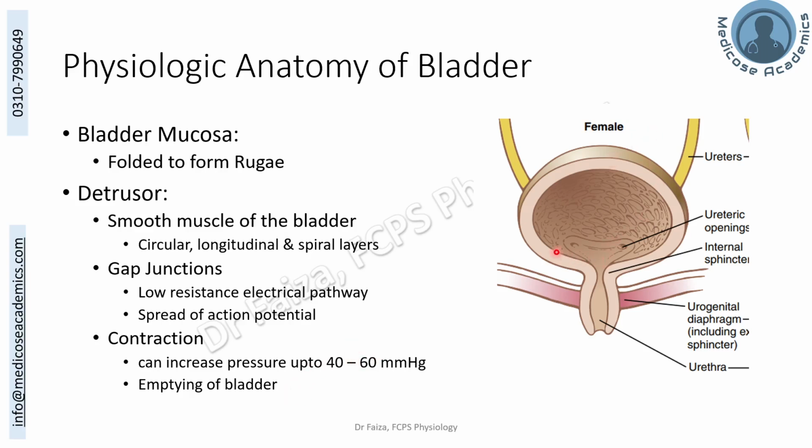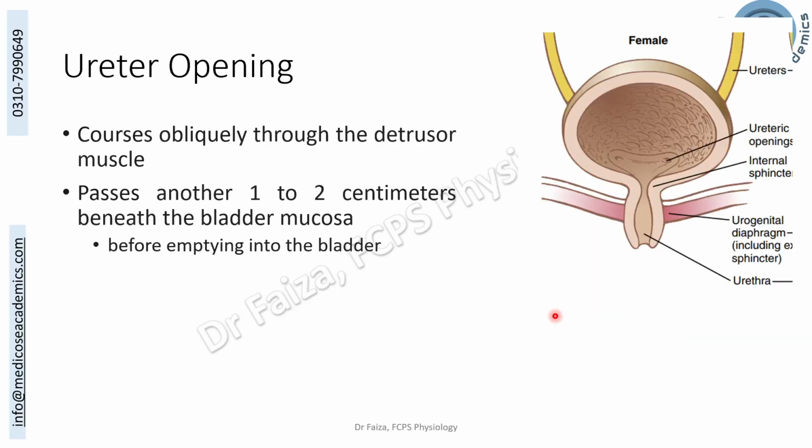So quickly review, this is the body of the bladder, the neck of the bladder draining into the urethra. This is the bladder trigone, which has ureteric openings on the upper end, and the apex is at the level of the bladder neck. The bladder muscle is detrusor muscle, which is thrown into three layers: circular, longitudinal, and the spiral layers. The bladder neck is passing through the urogenital diaphragm. The ureteric openings at the upper level of the bladder trigone are shown over here.